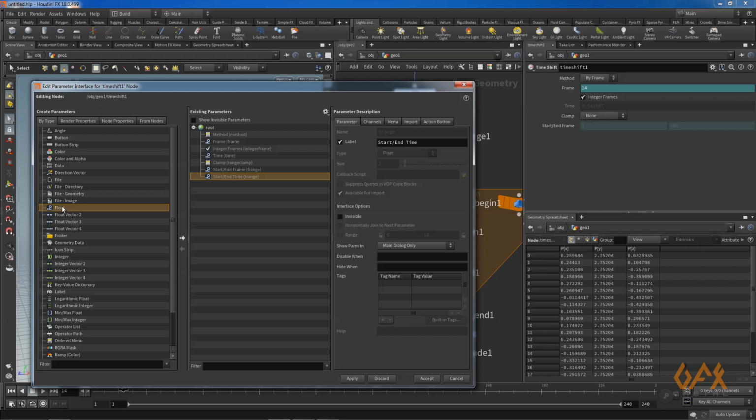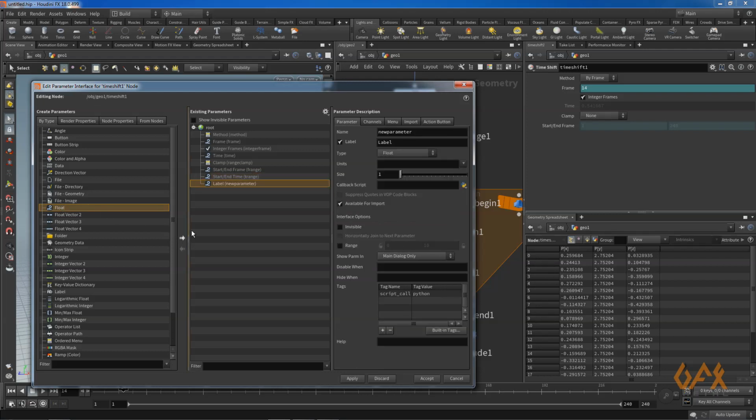So here I just select this, click one float value, name it as iter, and here iteration, and just apply it, accept.